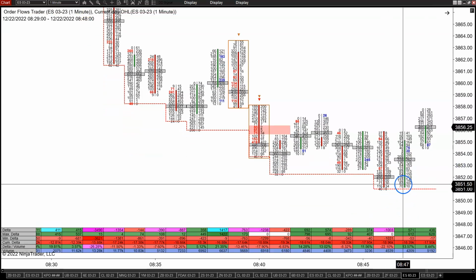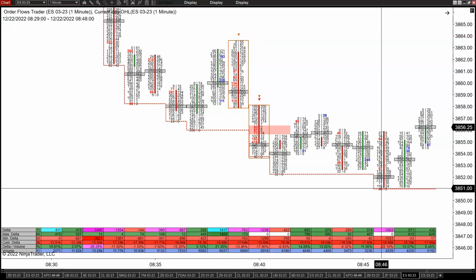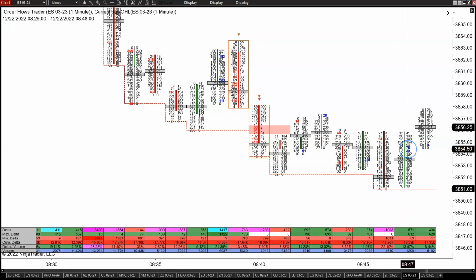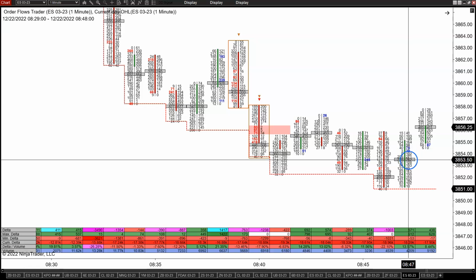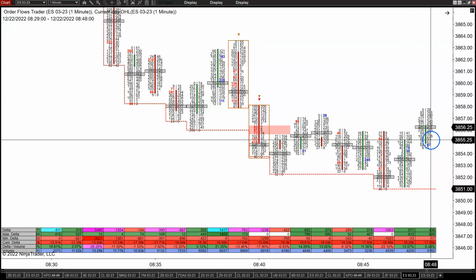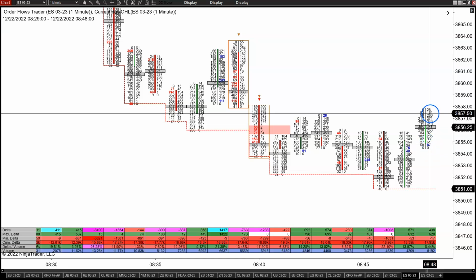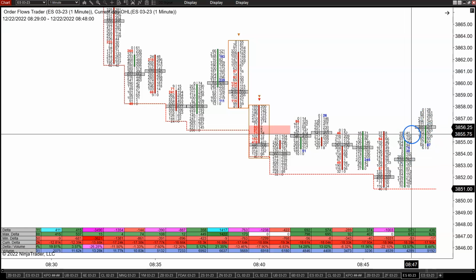Come into 845, get another new low at 846. You got one green candle, two buying imbalances, positive delta. Next bar, positive delta, and it's starting to go up. Okay. Yeah, maybe. But again,